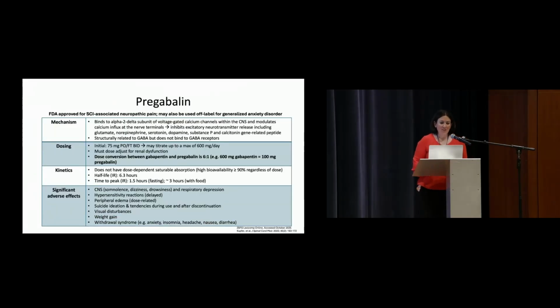We can get away with using lower doses. Dose it BID, whereas oftentimes, based on gabapentin's half-life, we have to dose it 3 times a day to optimize its kinetics. Because of its stronger binding to the alpha-2 subunit, it causes more calcium blockade, so you can get much more peripheral vasodilation with it, and with that, much more peripheral edema. So oftentimes, the dose-limiting side effect of pregabalin is peripheral edema in patients.